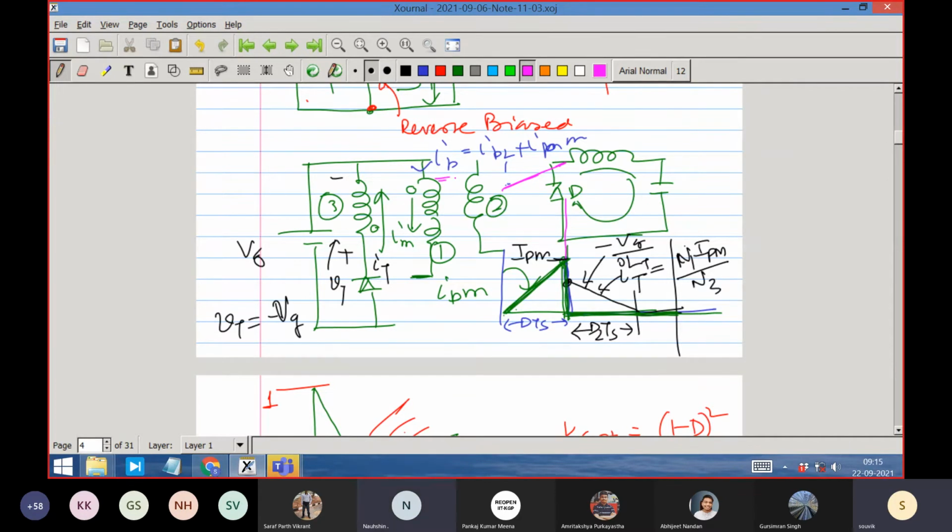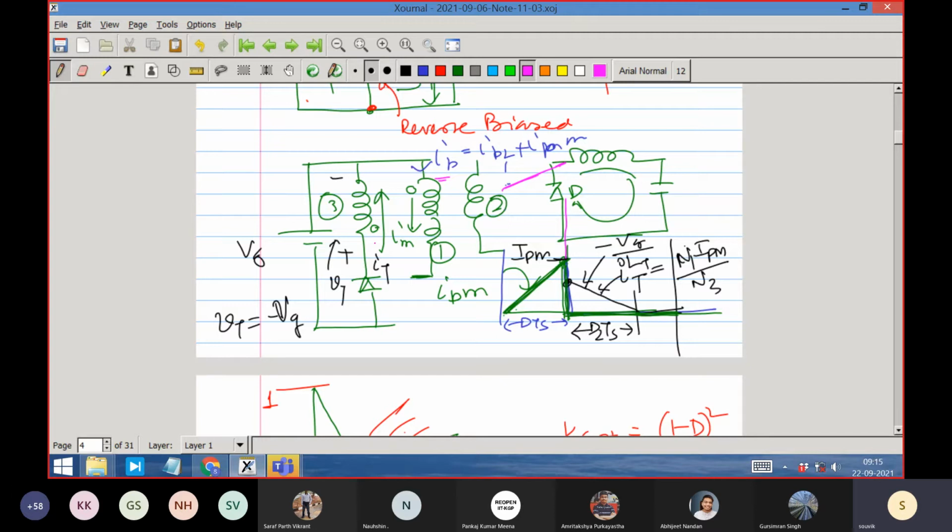Yes. Like in the off state, the current goes through the positive terminal of Vg, right? That would be the current path. It is returning back the magnetizing energy. Whatever magnetizing energy it had taken, it is now returning back, as you are rightly saying. So that's why it is lossless. Ignoring the small diode drop related loss, it is lossless.